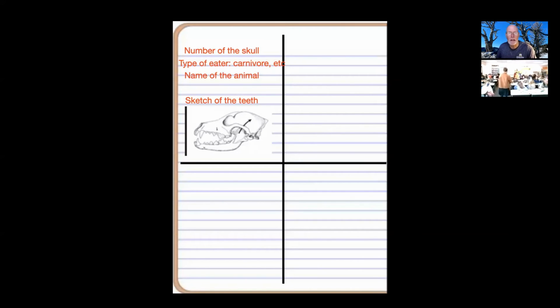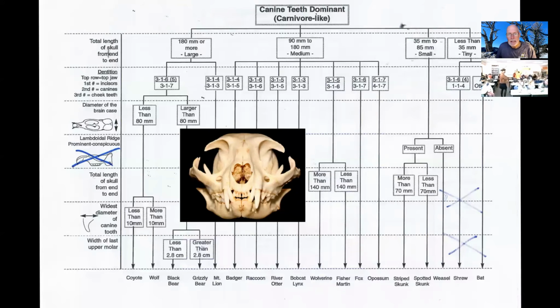Okay, so let's learn how to do this. When you get the key itself, it's a piece of paper like this. There's 2 sides to it. And this is really important because the first thing you're going to do is look at the top of the page, and you have to decide what kind of teeth are dominant. Does anybody know what the word dominant means? Somebody just yell it out. Okay. It's the one that's prominent. It's the major one, right?